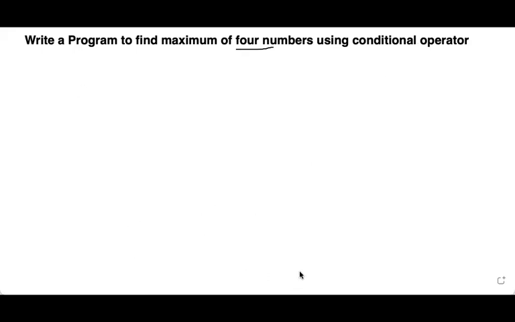So let us say that you are having a list of four numbers. Let's say you are having a equals 5, and b equals, let's say, 10, and c equals, let's say, 7, and d equals, let's say, 9, right? So when we see these four numbers, our brain can automatically calculate that the biggest is the number 10 because our brain is much faster, right? Just like a computer is.